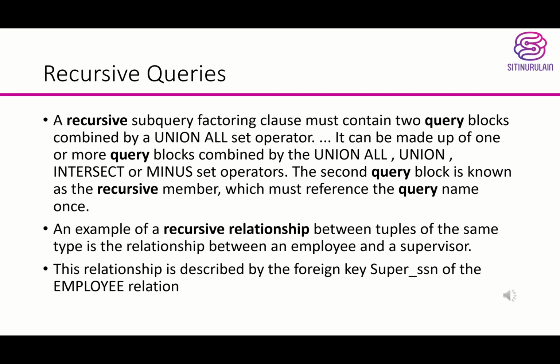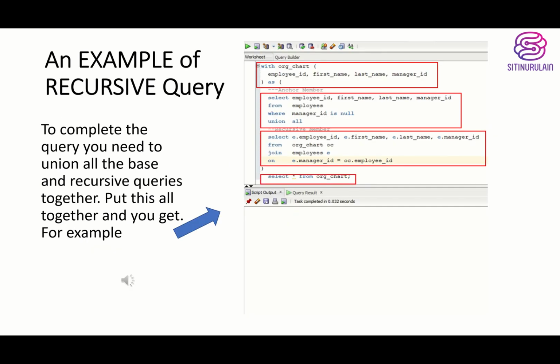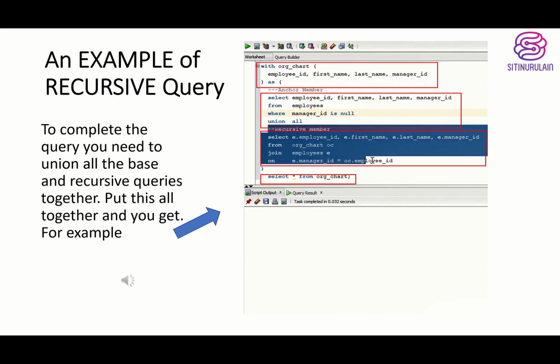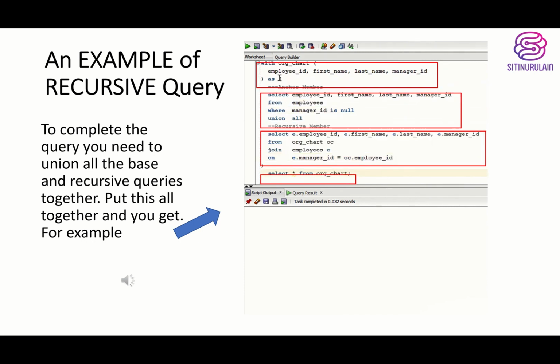An example of a recursive relationship between tuples of the same type is the relationship between an employee and a supervisor. This relationship is described by the foreign key super_SSN of the employee relation. The slides show an example of a recursive query named org_chart. To complete the query, you need to union all the base and recursive queries together. Put this all together and you get